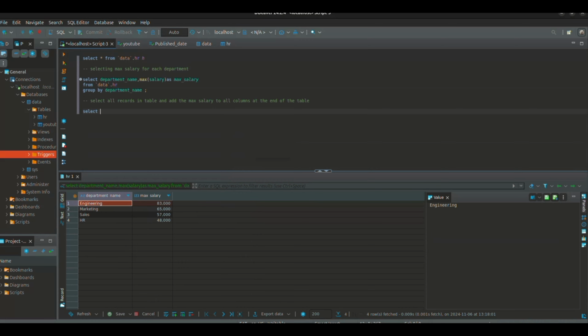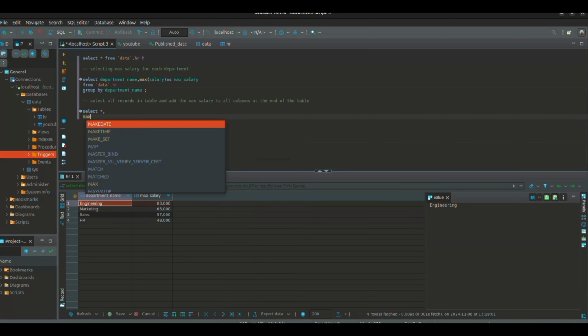We're going to write SELECT star, maximum salary, and then OVER all the data, as maximum salary